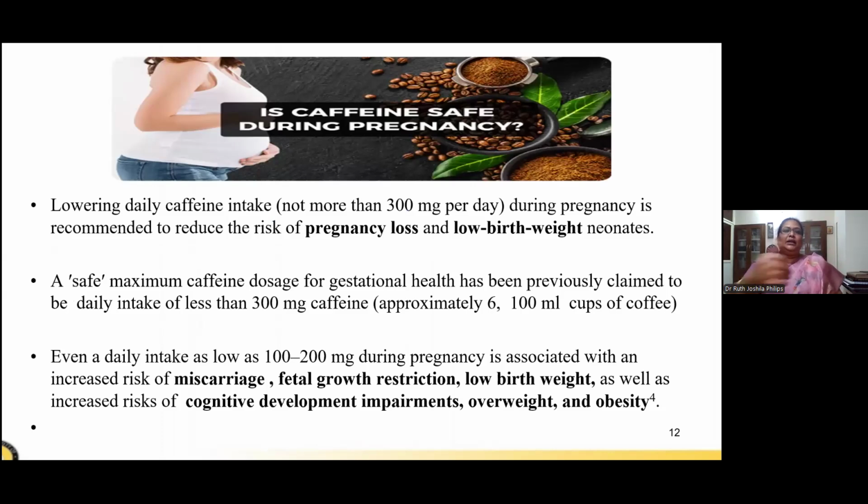Now, coming to another common habit of a lot of us, especially from South India, I think a lot of us consume a lot of coffee every day. But caffeine is not actually safe during pregnancy. That is what the research is saying. Earlier, they used to say 300 milligrams of caffeine per day, from any source, such as chocolate, coffee, or Coke and drinks like that, not more than 300 milligrams per day